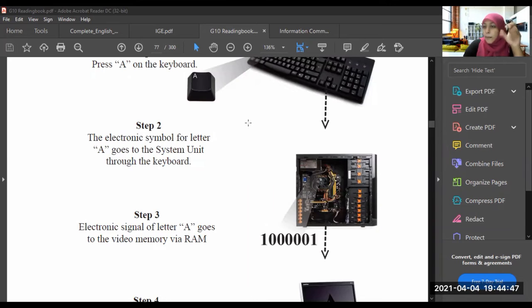So whatever the number, the symbol, the letter, the picture, the video, the audio, whatever, when you enter it into the computer, it doesn't go as we understand. For example, if I write my name, Sarah, and enter it into the computer, the name Sarah changes into binary language, or computer language, because the computer should understand the data which I entered into it, right? You will understand it more when we go to the next lessons.